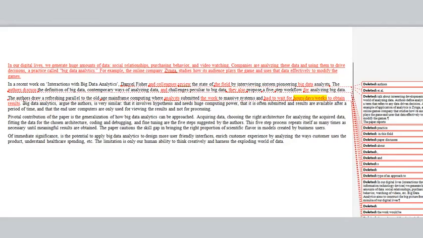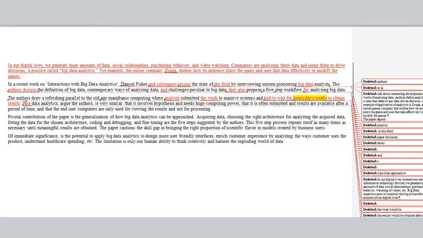Then we get "big data analytics, argue the authors, is very similar." Well, actually, you don't need to say all that because we've already said it's a parallel. So you don't need to repeat the fact that it's similar. That's what we mean by a parallel. So we can just jump right into, with big data analytics,